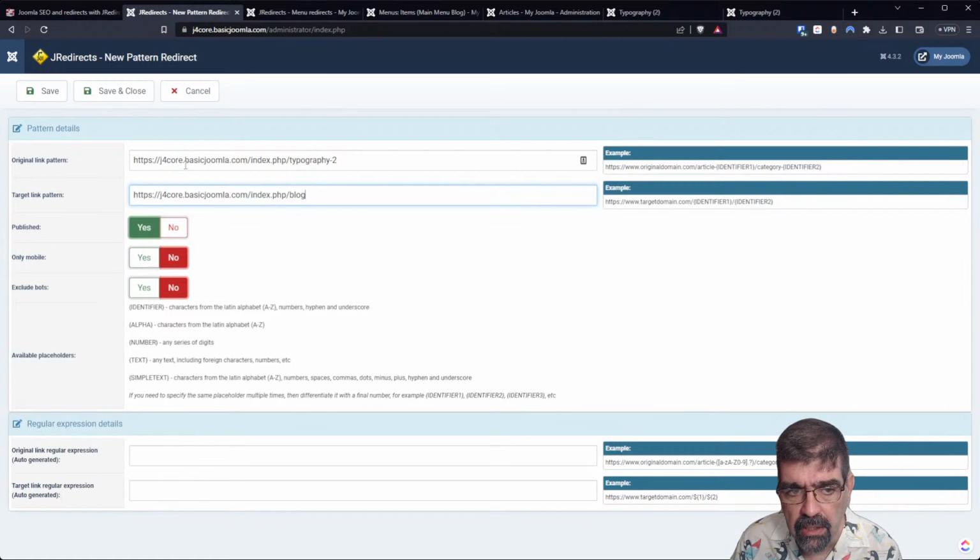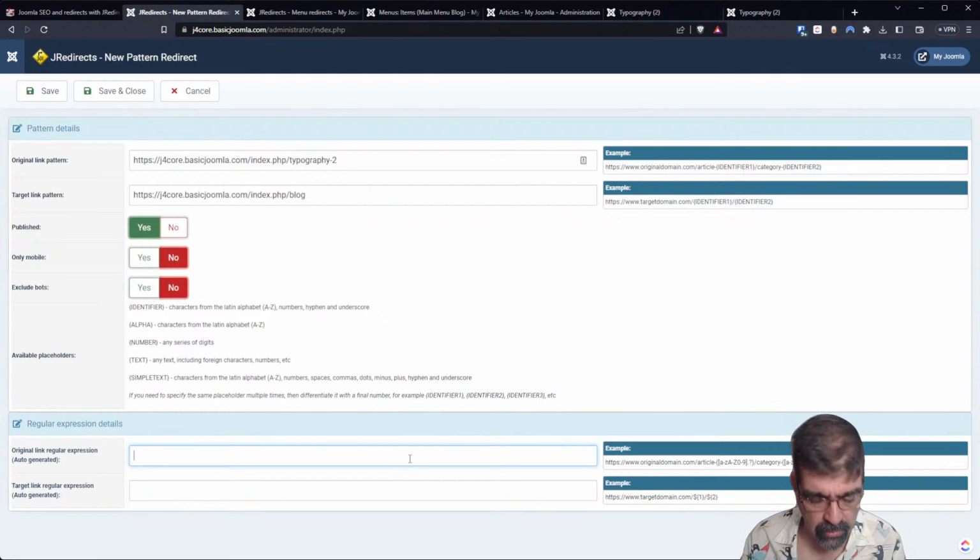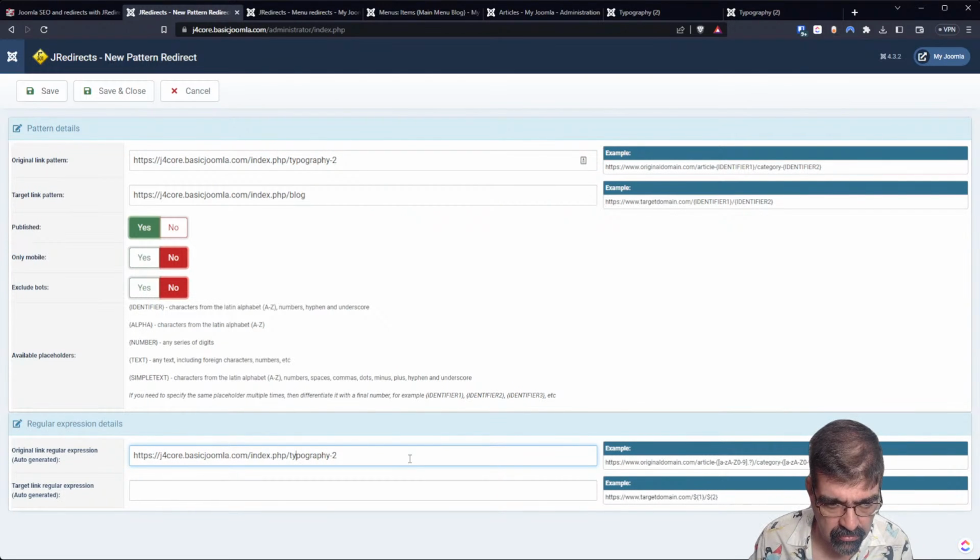So that's what I did here. Index.php / typography 2. That's what I'm looking for. If you find that, then switch to blog. And you can also do regular expressions. So down here, let's say you had a URL which was this. I'll just fake this. If typography 2, but let's say that there's a category / category, and the category ID was 3 - category name /